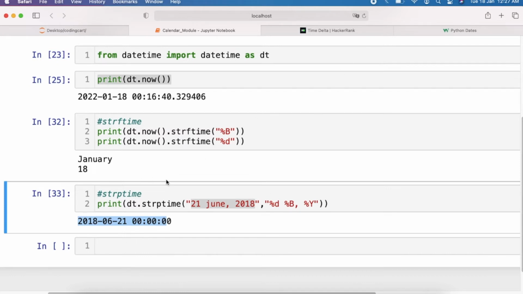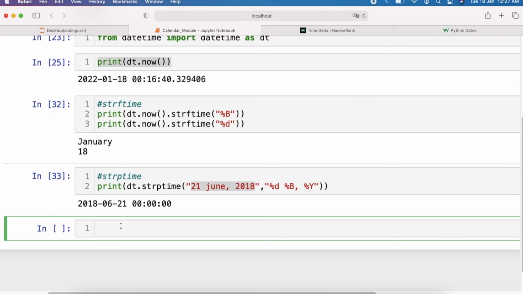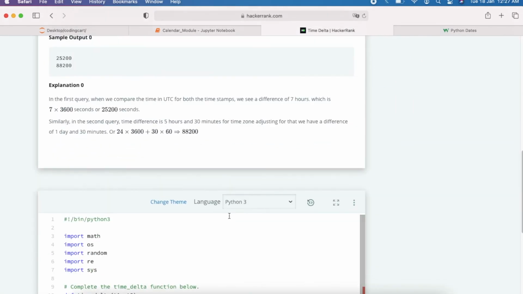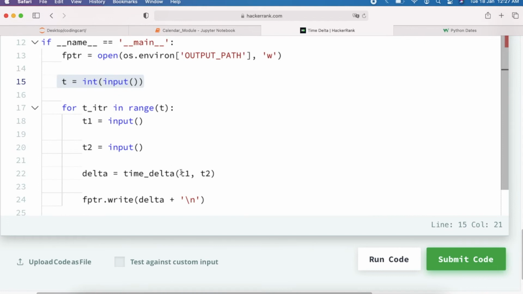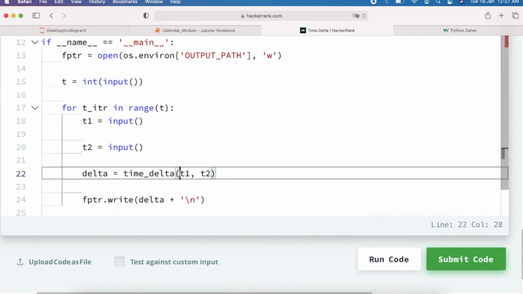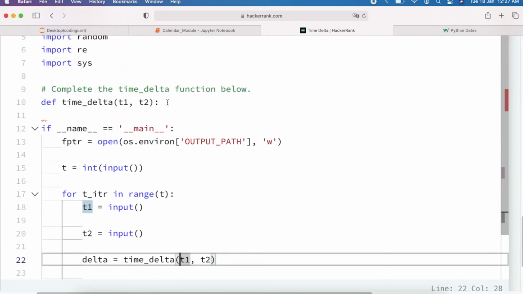So let us write that code. For example, let me zoom this one. Here they are passing the time t1 and t2. Now we have to write our logic over here.